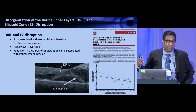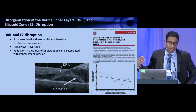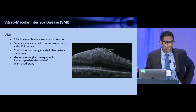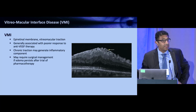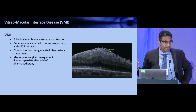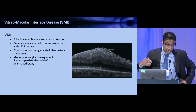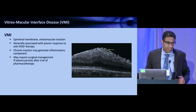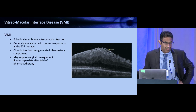So you can actually have reduction in drill area and even areas of EZ disruption, and that can correlate with improvement in vision in patients. Vitreomacular interface disease, of course, is important to recognize in patients with diabetic macular edema. This itself can produce chronic traction, can produce an inflammatory component. But most critically, of course, we're identifying patients who may be surgical candidates if the edema persists after a trial